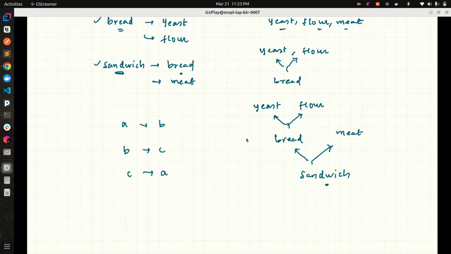Okay, so if you diagrammatically represent it, A depends on B, B depends on C, and C depends on A. As I mentioned, I will start from A and try to explore all the neighbors of